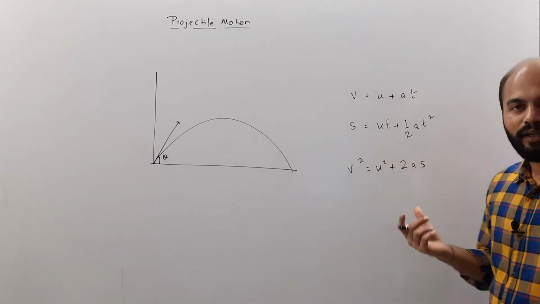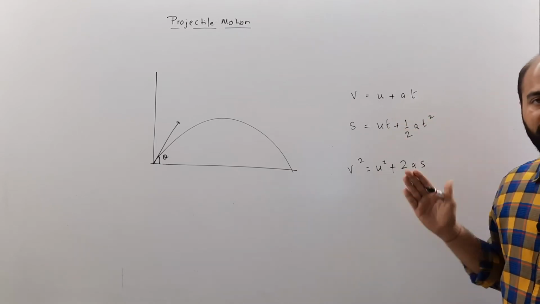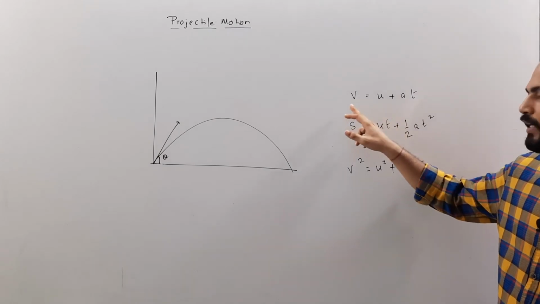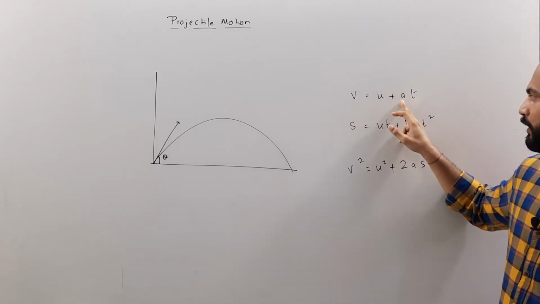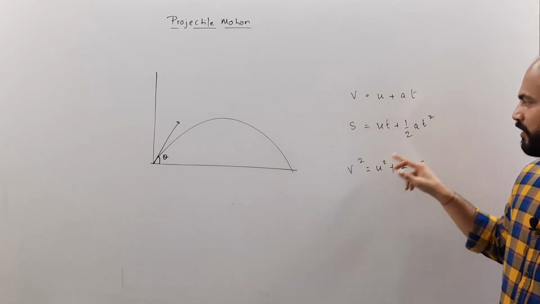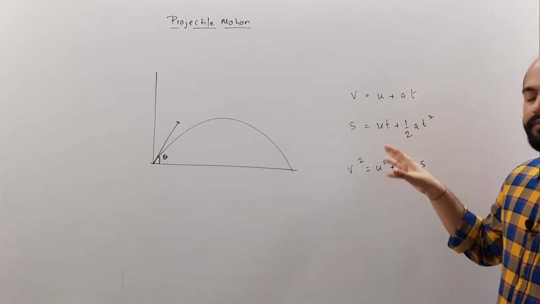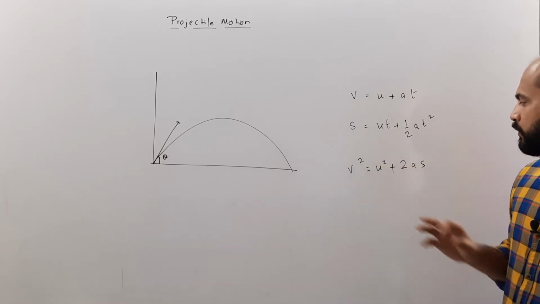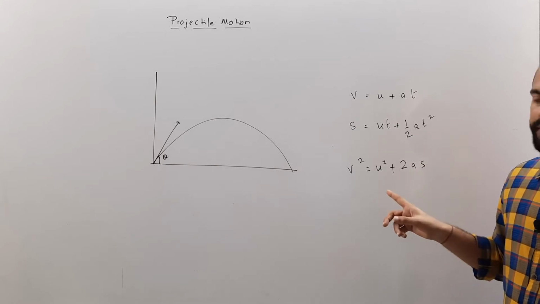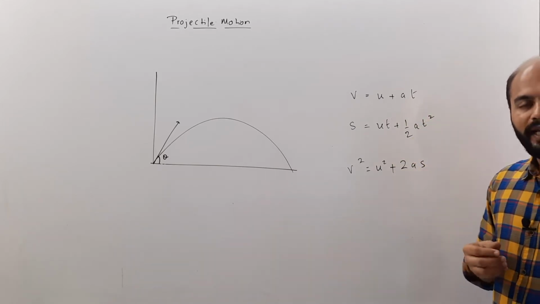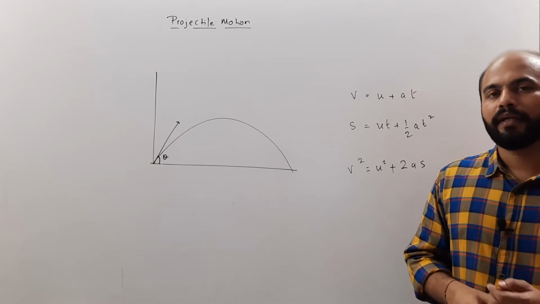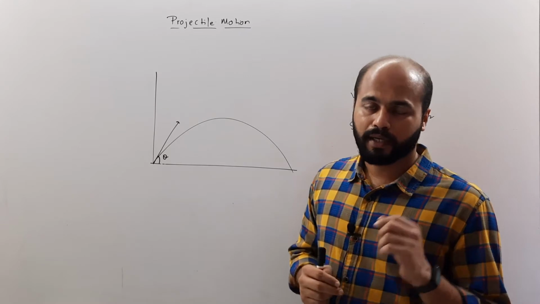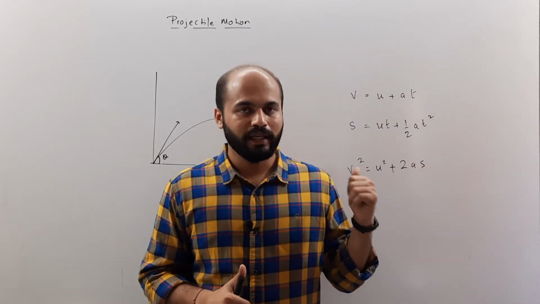Now let me explain all the variables that are given. So u is the initial velocity of the particle, v is the final velocity of the particle, a is the acceleration, and t is the time. All these variables, if mentioned apart from here, remain the same. s is the displacement of the particle. So the rest of the terms are familiar. Now all these three equations of motion are connected to each other, and this is for one dimension. That means when the particle is moving in a straight line, that is when we apply these three equations.